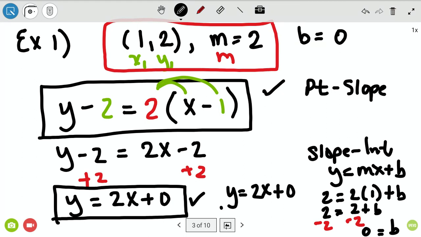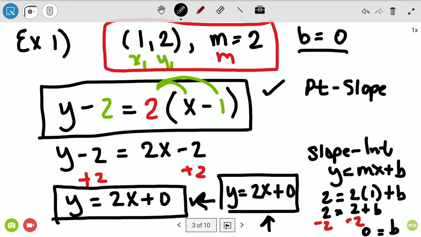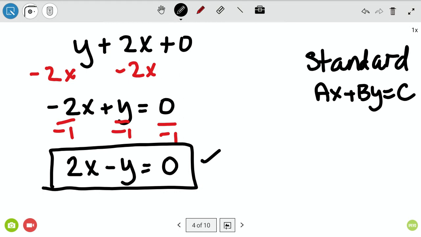And again, you'll notice this and this one are identical. They're the exact same thing. You can do it either way. If you're more comfortable using mx plus b, finding your b, and then with your m and your b, writing your equation in slope-intercept, that's fine. If you get comfortable with point slope form and you want to start there and then maneuver to whatever the directions say to get to, you can do that as well. Okay? All right,